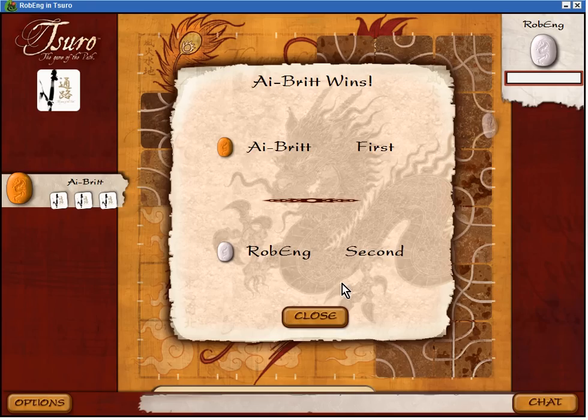So that's the quick tutorial for Tsuro. It's an elegant game with a classical abstract game feel. I hope that you're intrigued by the game to give it a try at